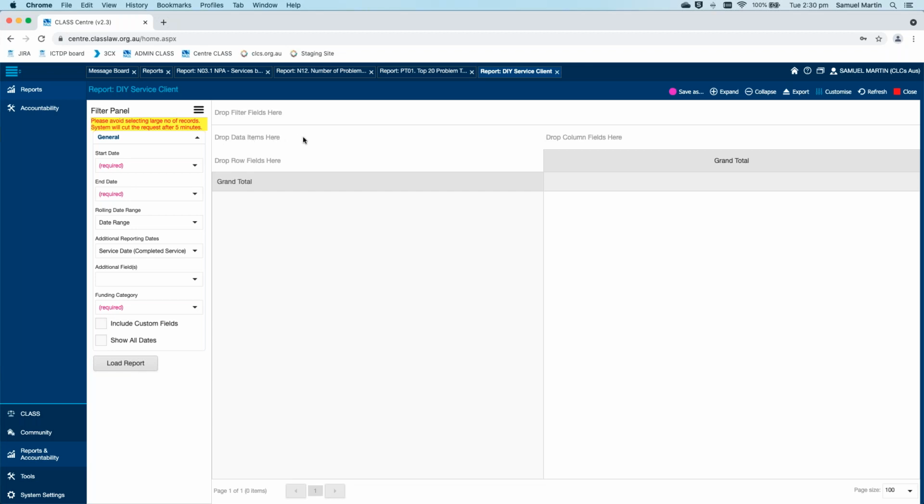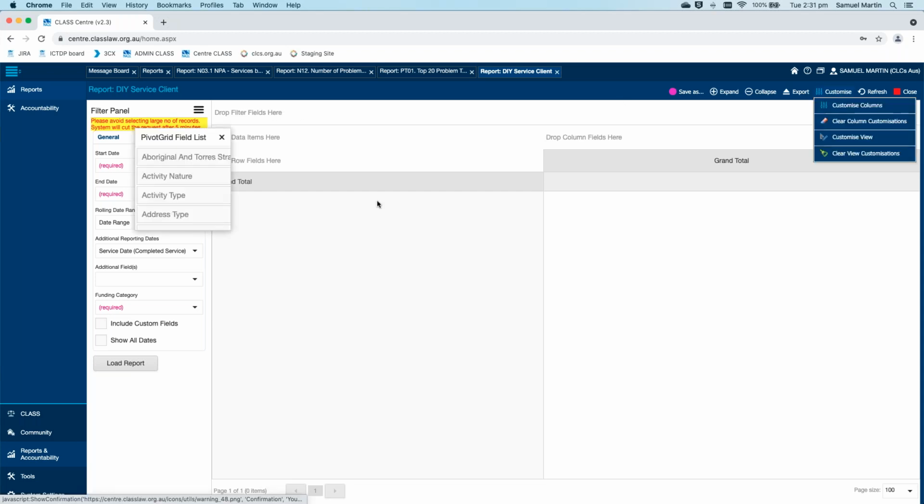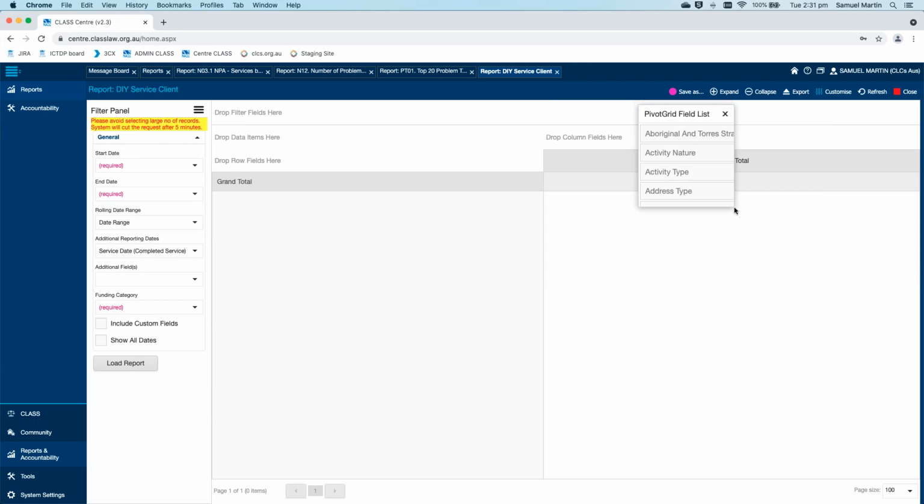the data items fields. And some of our people on the help desk actually recommend not using that unless you really need to. The row fields are where you're going to drop most of your fields. The column fields aren't used that much. I will show you what you can do with them. And the filter fields, again, I don't recommend using this personally. I tested it just the other day for something and realized that it doesn't really work great. So I'm going to show you a better way to filter your reports rather than using the drop filter fields here section. Okay, let me drop some data in and I'll show you what we can do with a report